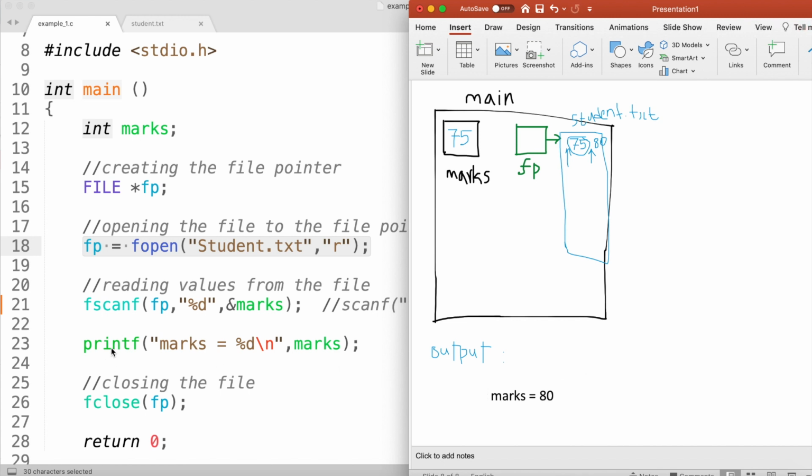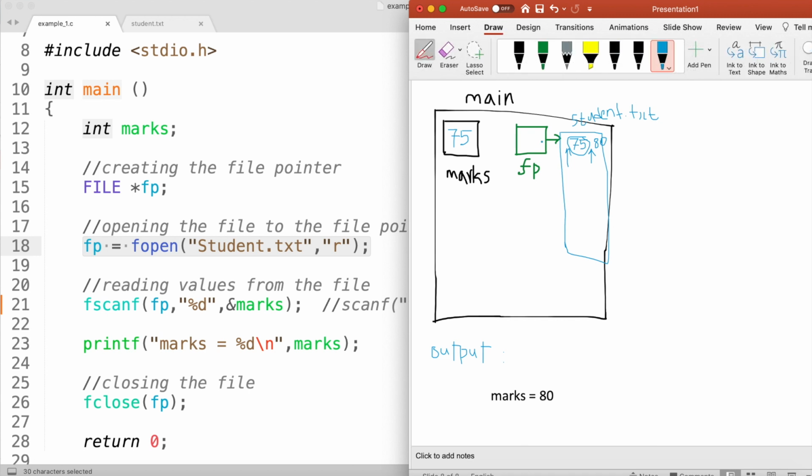Now at the end of the program, after printing that statement, I have the fclose command. So what will happen if I execute this fclose statement? After executing the fclose fp command, my file pointer will point to a null file pointer.